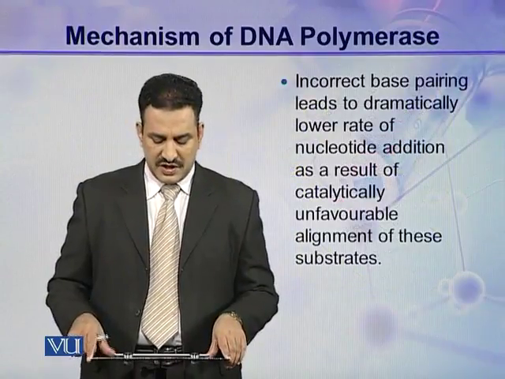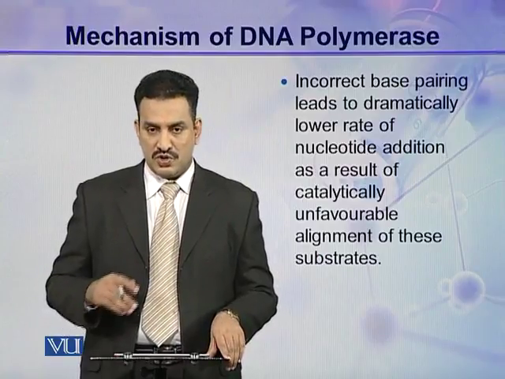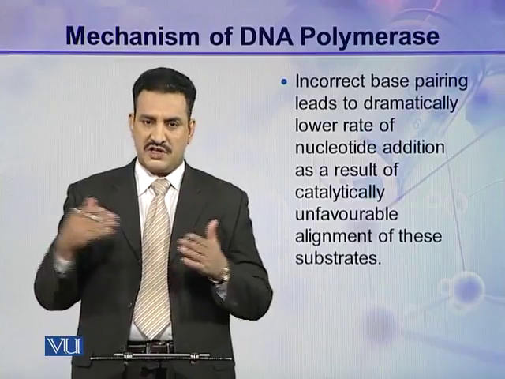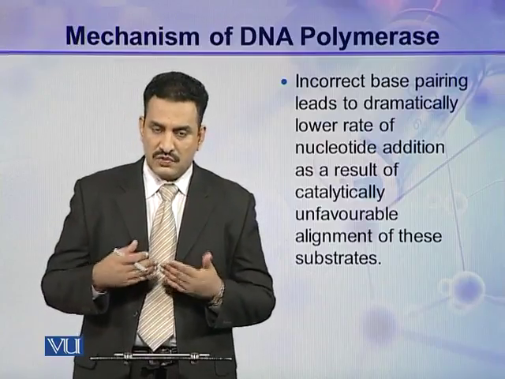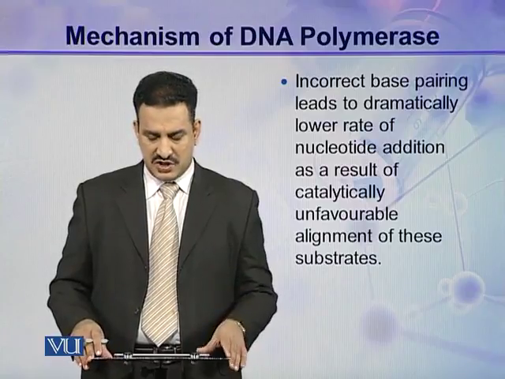Incorrect base pairing leads to a dramatically lower rate of nucleotide addition. If an incorrect nucleotide comes, the addition of this incorrect nucleotide is very rare, with very little chance of addition,